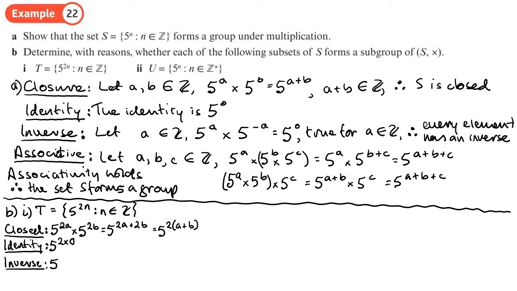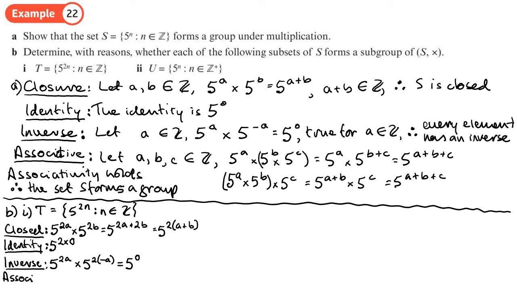Well, if I've got 5 to the power 2a and I multiply it by 5 to the power 2 times negative a, so it's always got to be of the type 5 to the power 2 times something, that will give me 5 to the power 0. So we've got an inverse for every element, and we'll just check for